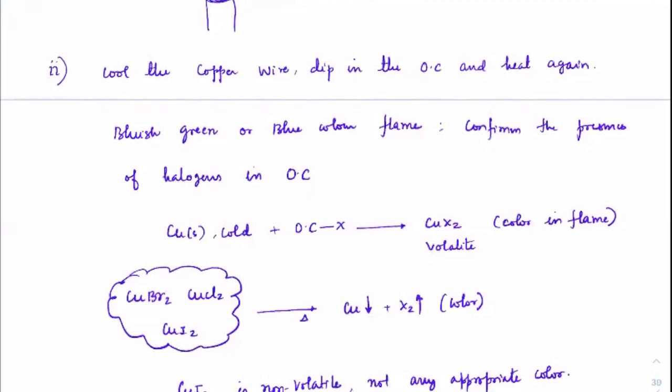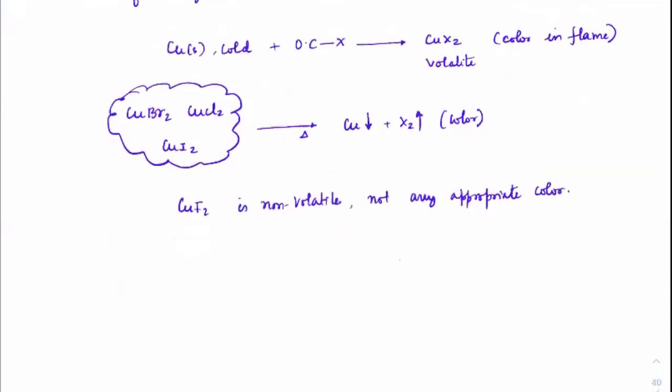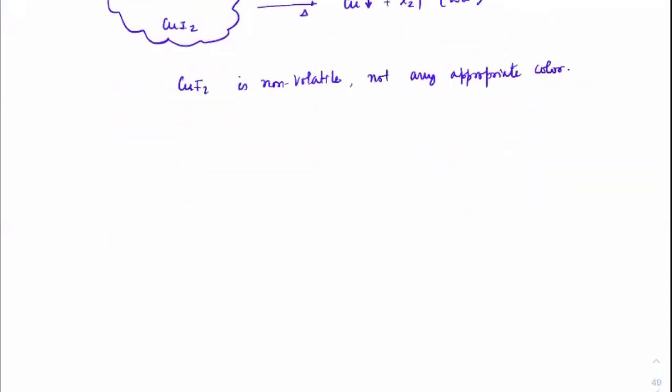So please remember, it would be asked like this: which of the following tests will confirm the presence of halogens? Like that, you must be aware that the Beilstein test can be used here. Now, is the Beilstein test an ultimate test, or should we always use it in the lab? Not so much, because it is not very good for halogens.